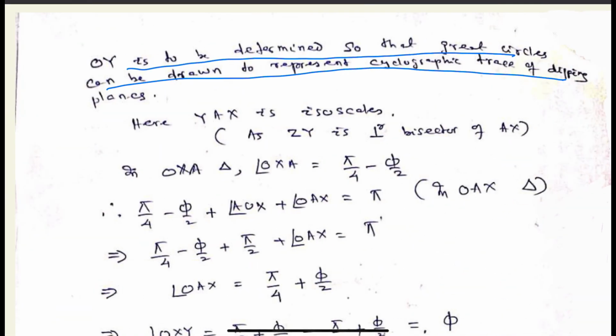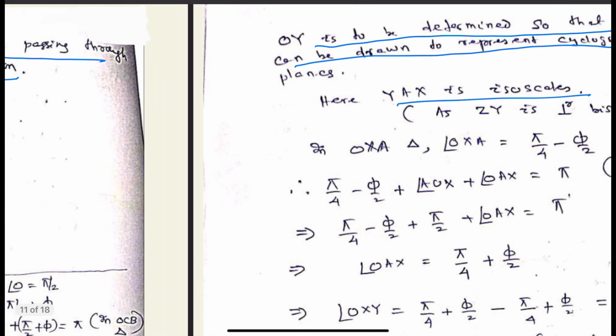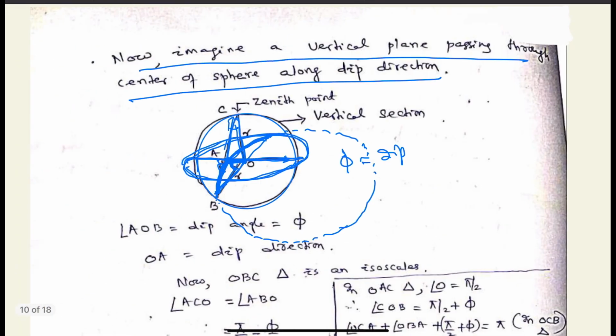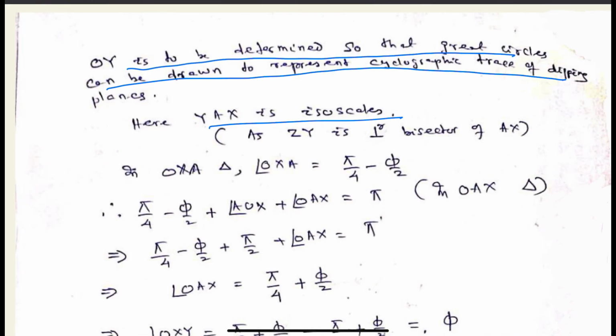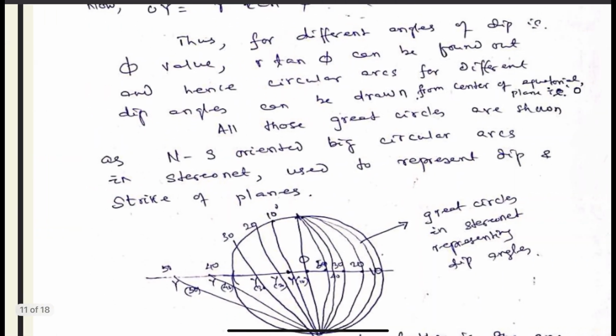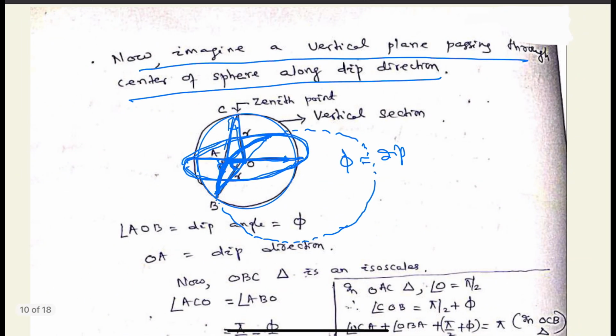So we have drawn the perpendicular bisector, and we got the YAX triangle, an isosceles triangle. So we have solved these triangles to find out the OXA angle, OXA angle here,